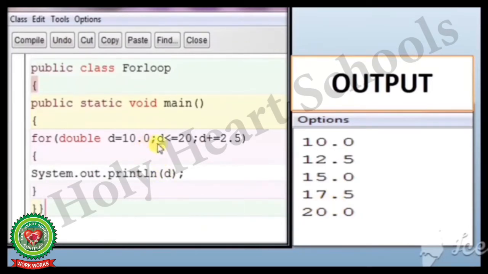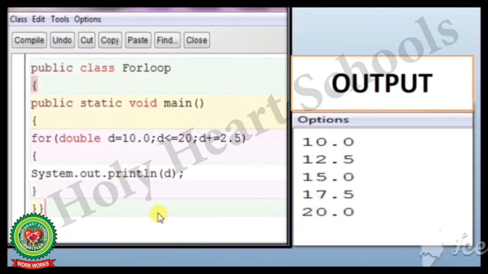Now again 17.5 less than equal to 20, the condition is true. 17.5 will be printed on the screen. Again in 17.5, 2.5 will be added, that will become 20.0. So 20.0 less than equal to 20, the condition is true. 20.0 will be printed.